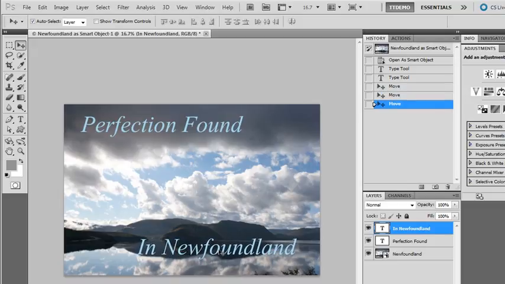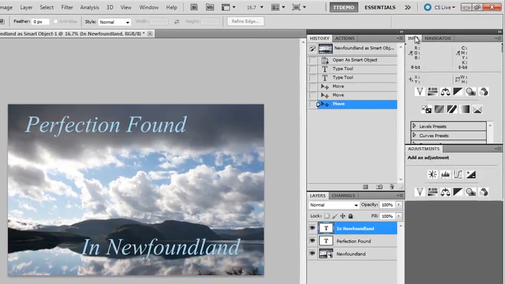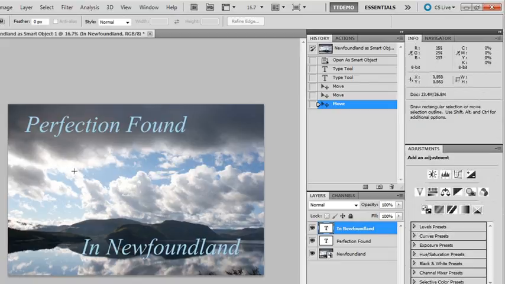But suppose we realize that after bringing in this raw file, we've forgotten to address a couple of important issues. I'm going to switch to the Marquee tool here, and I'm going to open the Info panel. You'll notice that I have blown out highlights. The RGB values up in that Info panel are all reading 255. Now because it's no longer a raw file, I can't go and do highlight recovery, but